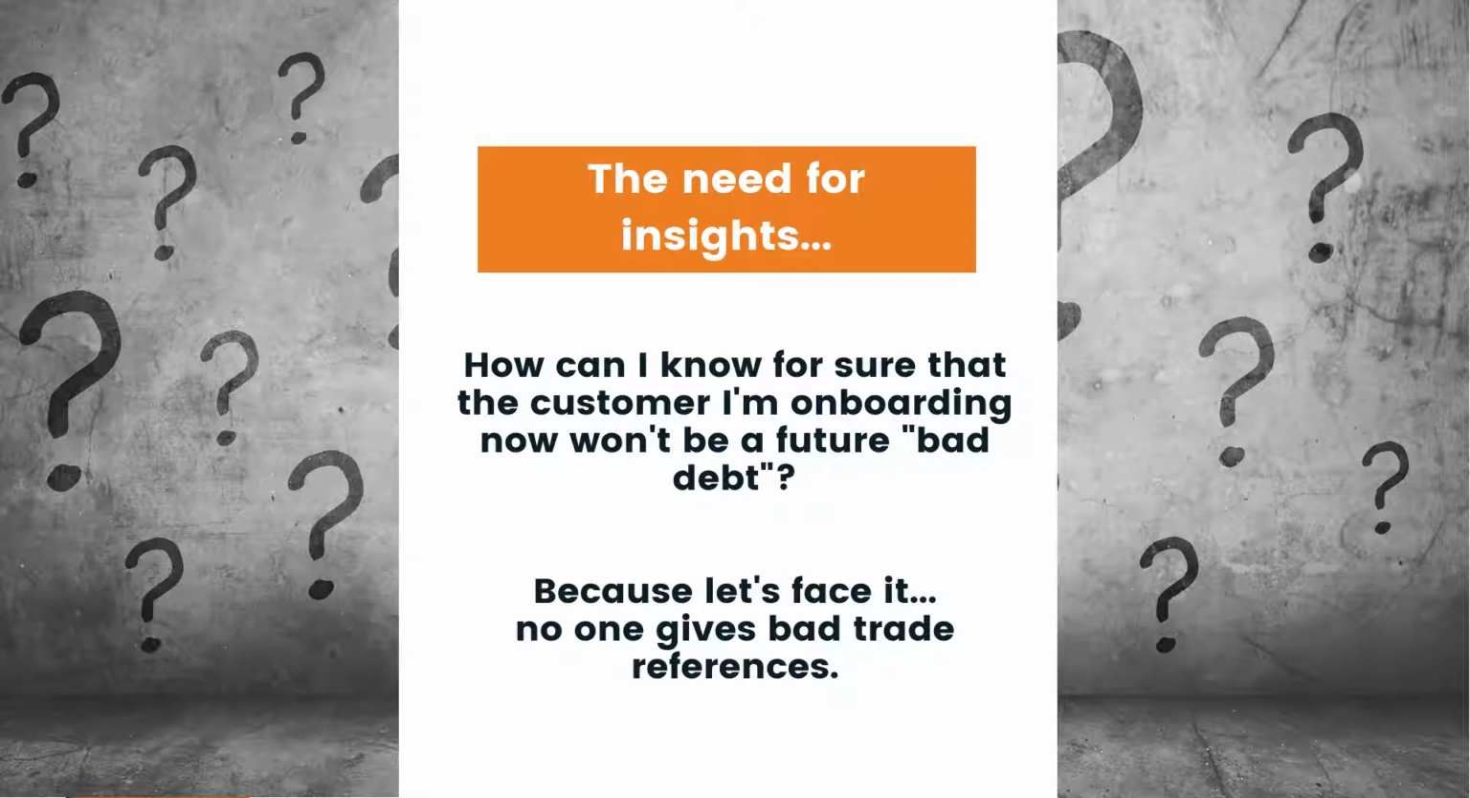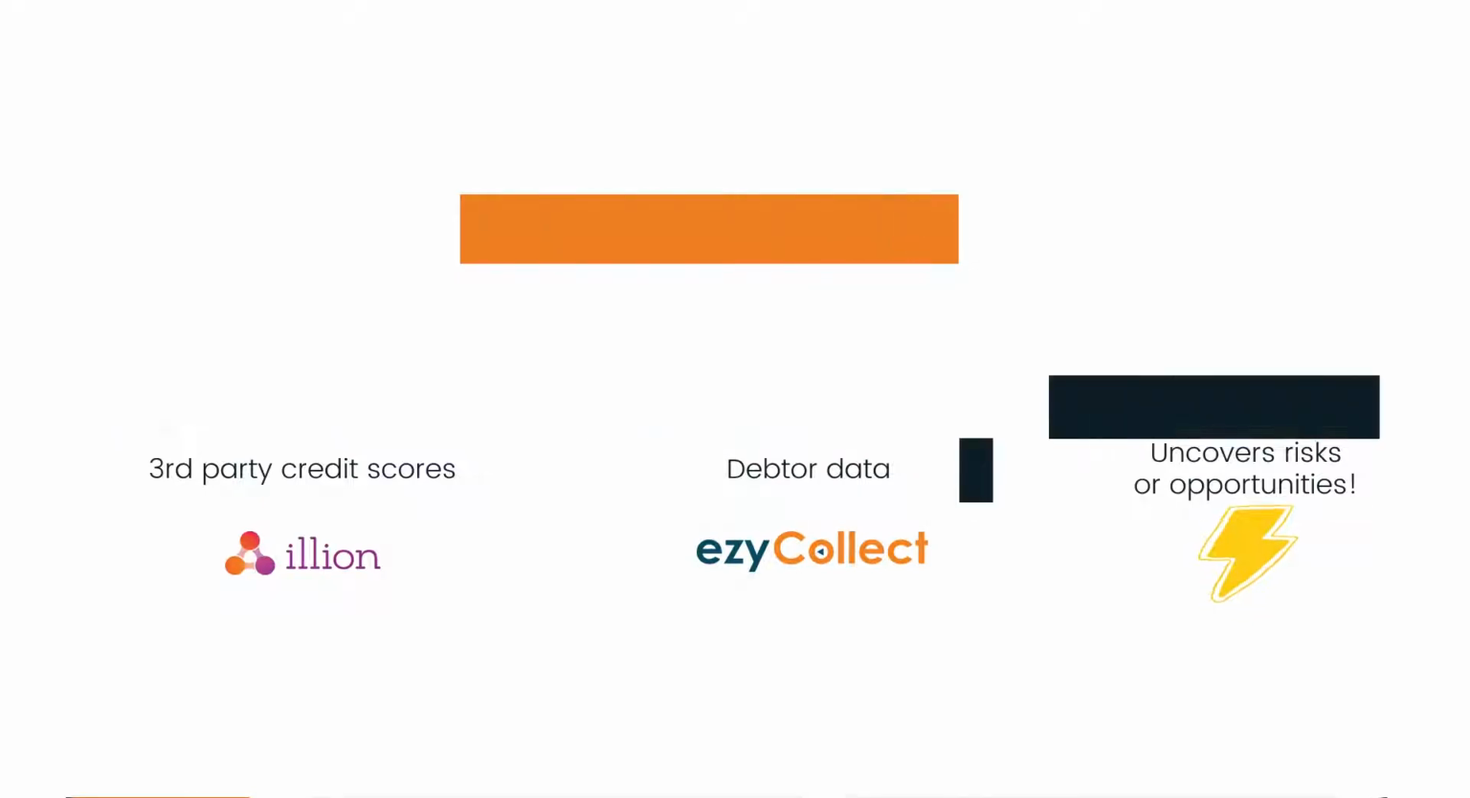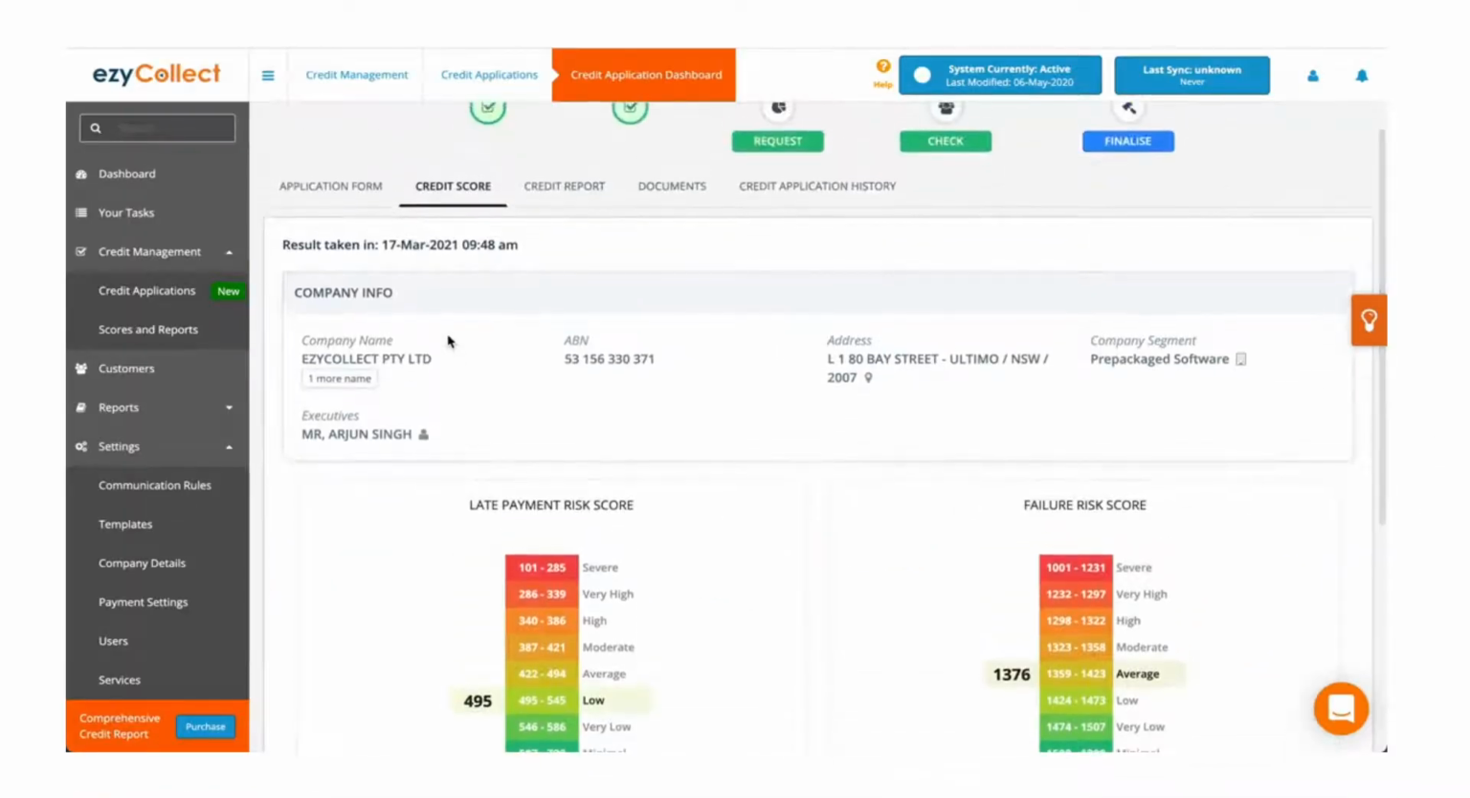Then, what most businesses would typically do was just say, oh, let me call the trade references and see if they're a good or a bad customer. But we all know people don't give bad trade references. So what we've done is we provide you with a credit score straight from a third-party bureau as part of the system as well. So you as a supplier, before you make a decision to give trade credit, you can now use a data-driven approach to say,